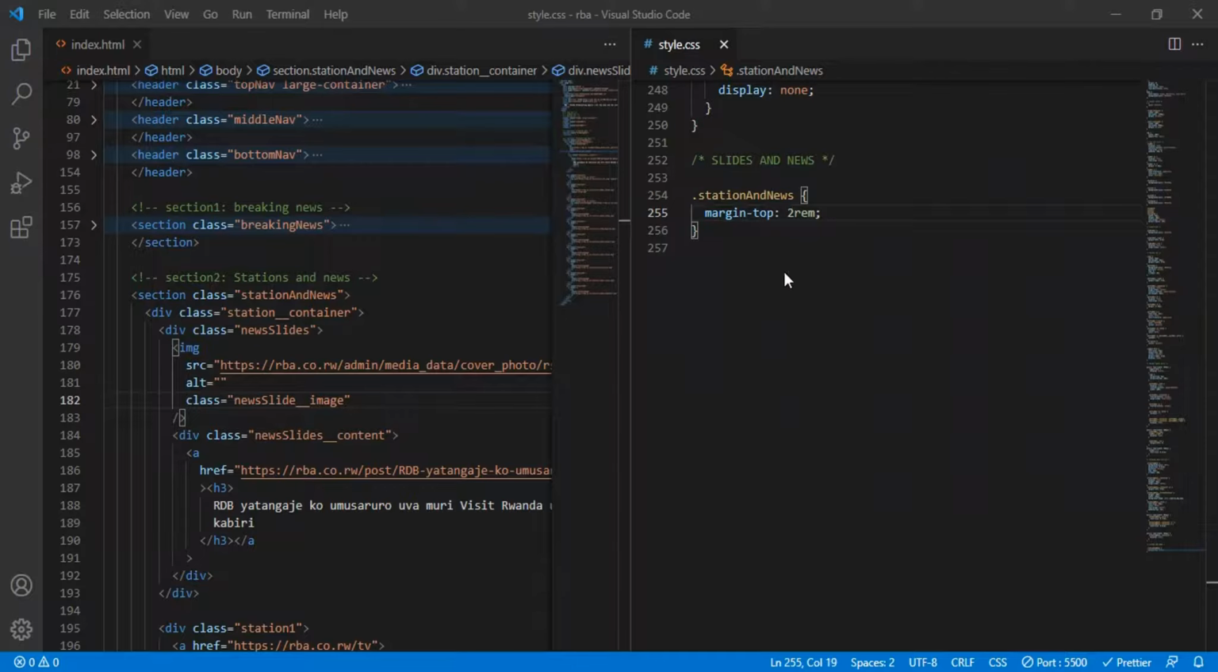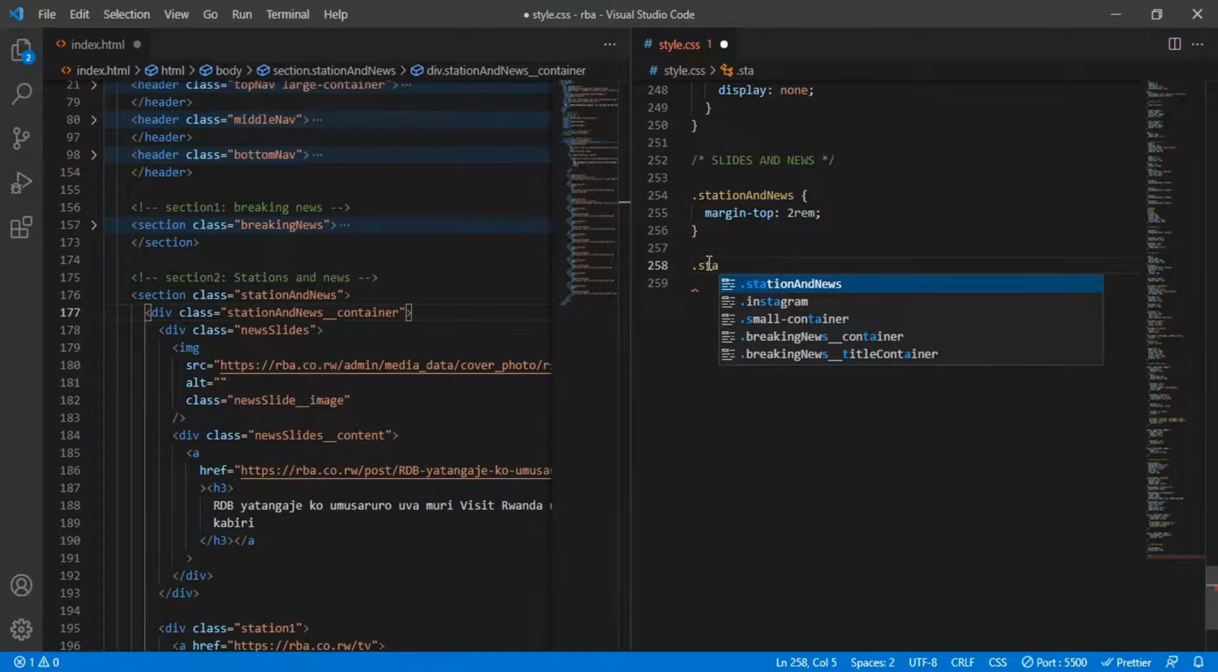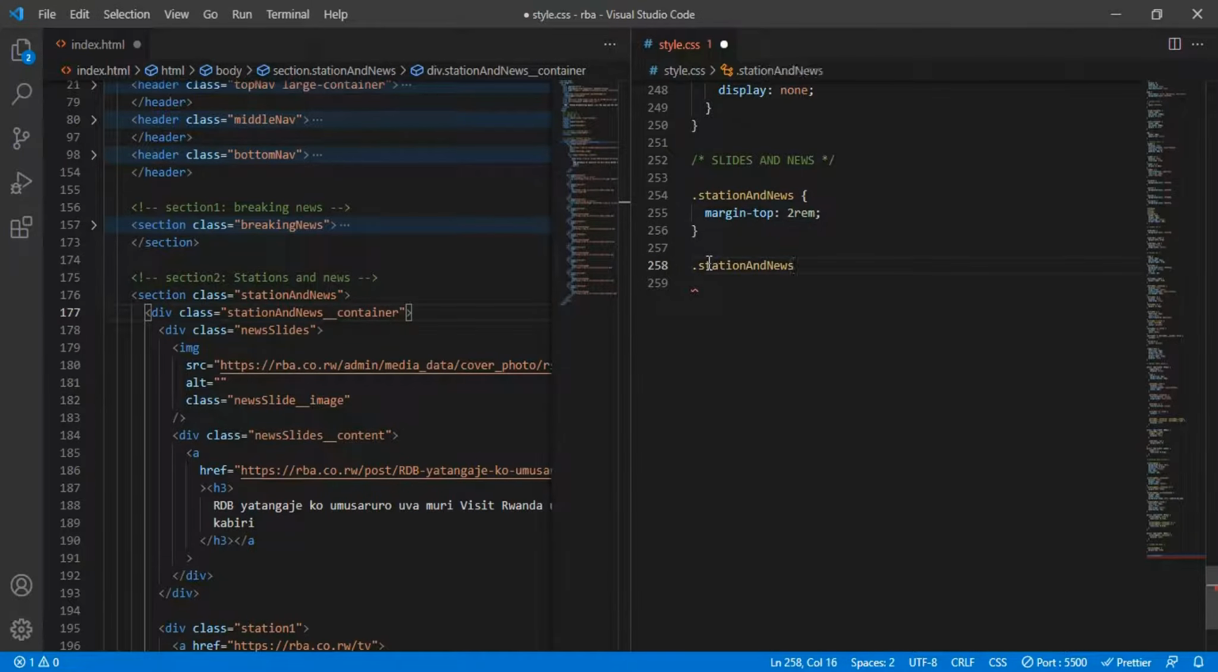So next we're going to come here on a station container. Actually it's a station and news container. Let me call this station and news underscore container. Okay, so let me style this station news underscore container. Then we want it to be display grid,